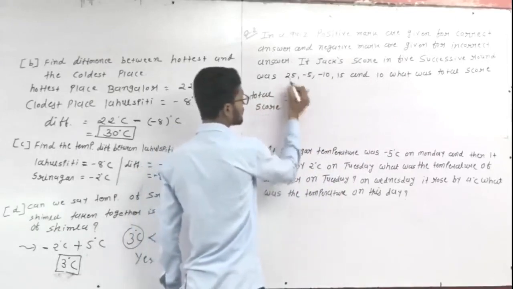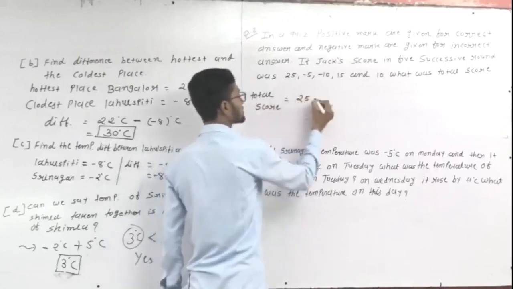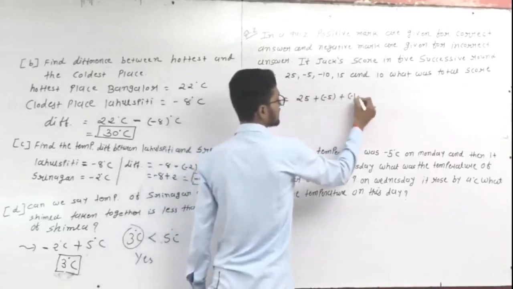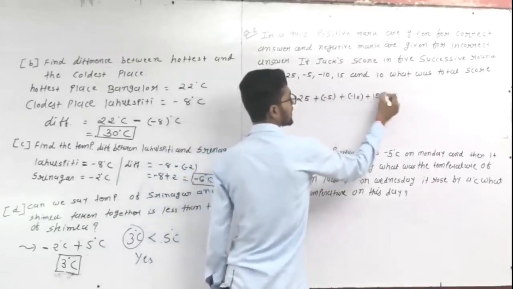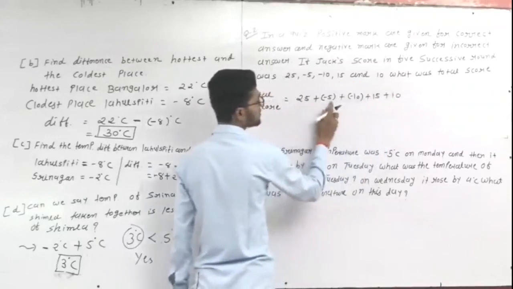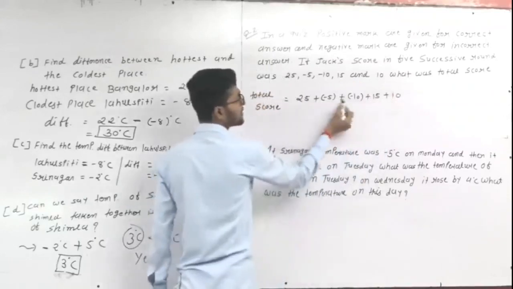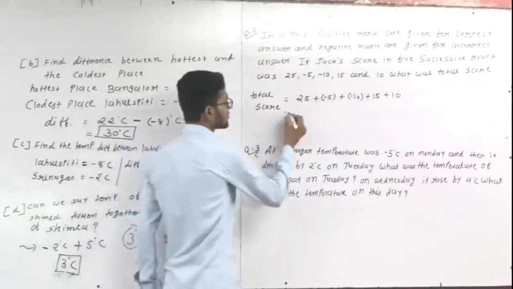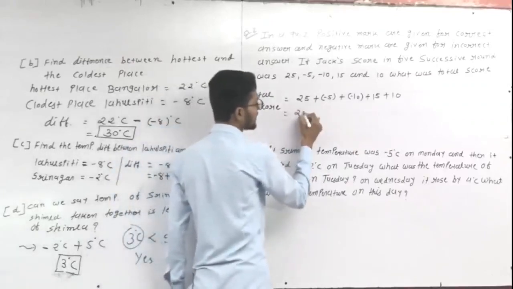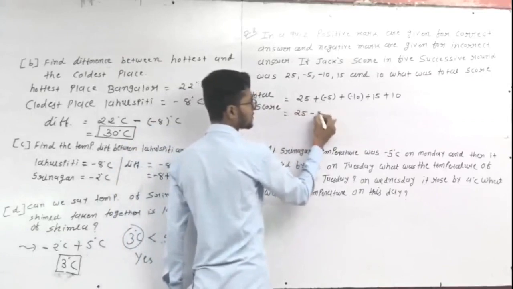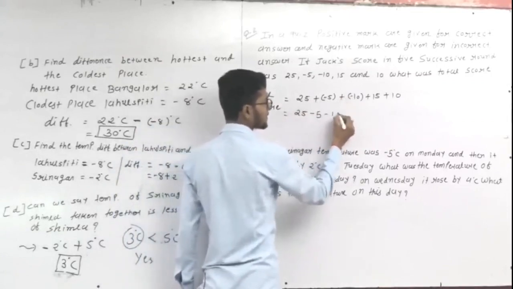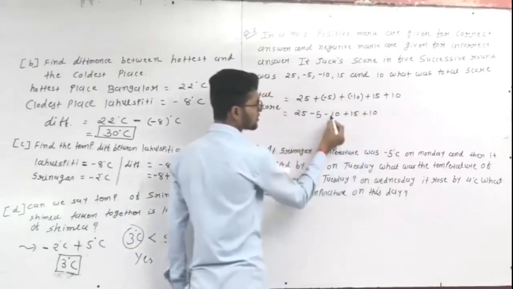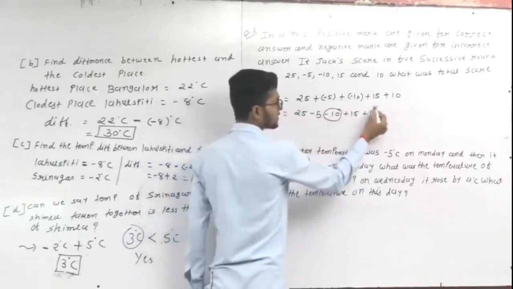is equal to, first of all, the first round, it means 25. Total means addition. Next, -5, add -10, plus 15 and plus 10. So this is the score of 5 successive rounds. In between is the addition sign. Why? Because we will find the total score. Okay. Now first of all, our first step, remove the brackets. So 25 plus or minus, it means -5, plus or minus, it means -10, plus 15 and plus 10.